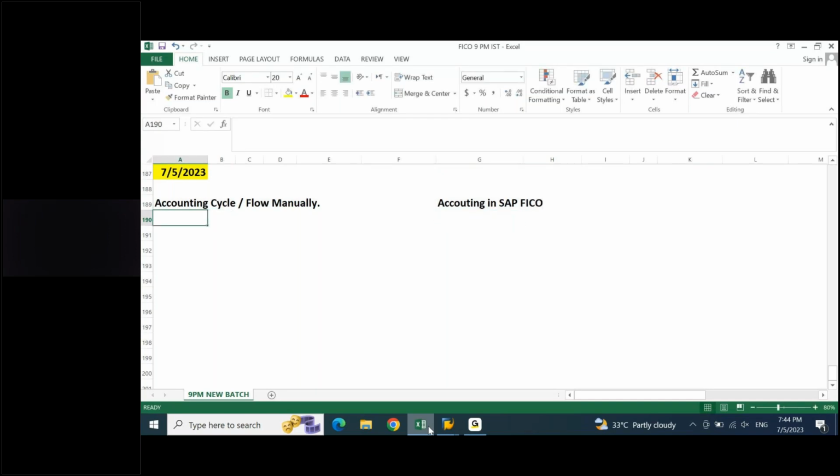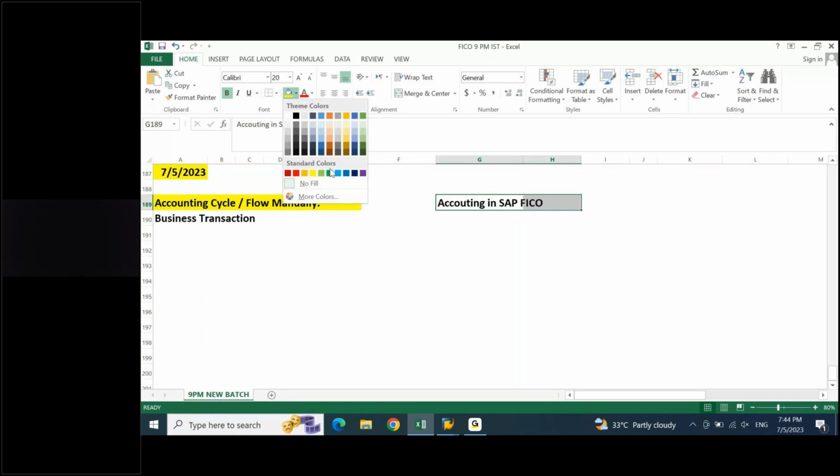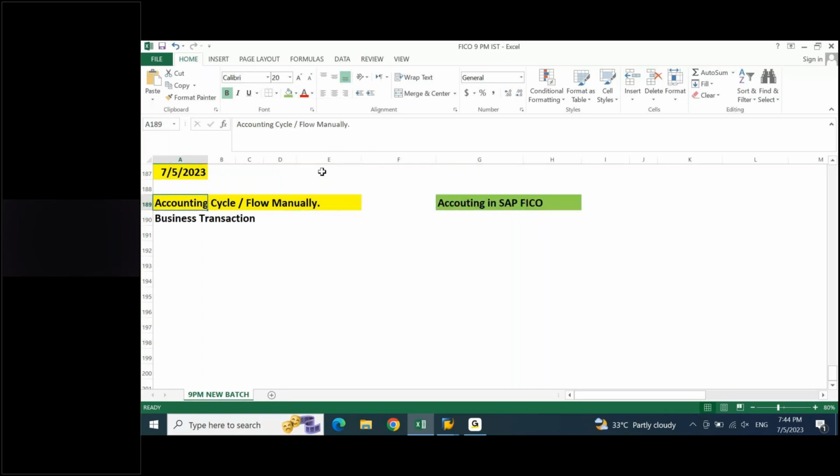When we talked about accounting cycle or accounting flow, the first thing that we listed is business transaction. Next one, we have listed accounting entry.